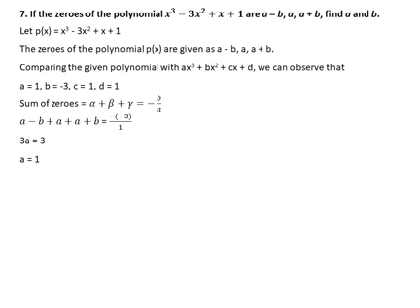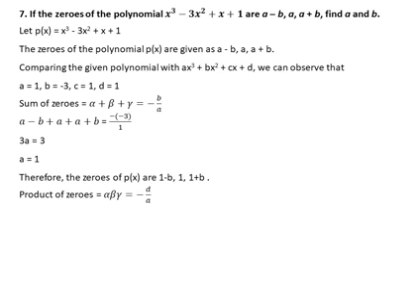Next we have to find the b value. How? I will take the product of zeros. Product of zeros is equal to alpha into beta into gamma is equal to minus d by a. Your alpha value is a minus b, beta value is a, then gamma value is a plus b. Already we found the value of a, so a value is 1. So if I substitute the a value 1, what will you get: 1 into 1 minus b, 1 plus b is equal to minus d by a. So minus 1 by 1 you will get minus 1 only.